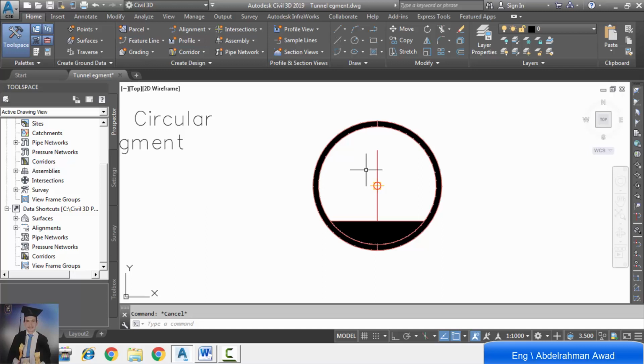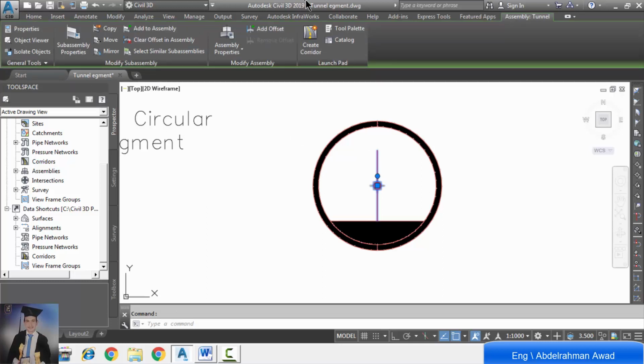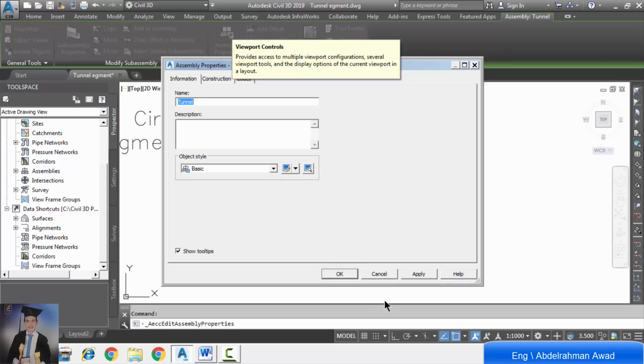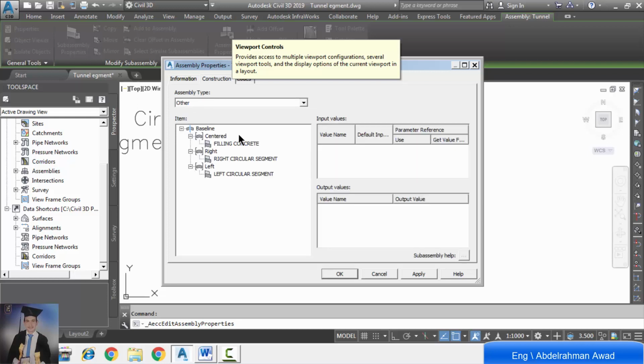in circle shape. Now finally we want to make sure that all sub-assemblies are added to main assembly with defined codes. So we'll click on main assembly center line, and we will click assembly properties to make sure that all sub-assemblies are added to this main assembly. To make sure, we will turn to construction tab. So as we see, each sub-assembly is added to main assembly,